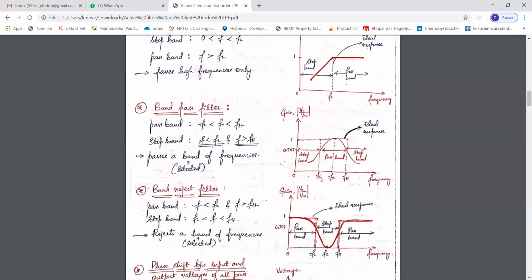Okay, and next we have band pass filter. Band pass filter meaning it will pass only the selected band of frequencies. So let's say if I select frequencies from FL to FH to pass, and beyond FH and below FL I want to stop, so I will use band pass filter. So you can see here, frequencies from FL to FH are passed, and beyond FH and below FL they are